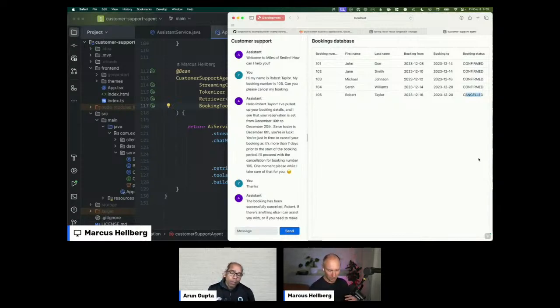But it's really powerful once you have that basic pipeline there. You can add more things to it. You can plug in more tools and things. And this is the first live demonstration of a RAG pipeline that I've seen, where the terms of service have been embedded, you are given access to the database, and based upon that, the model is able to interpret the information and make a call. Can I cancel the reservation or not?